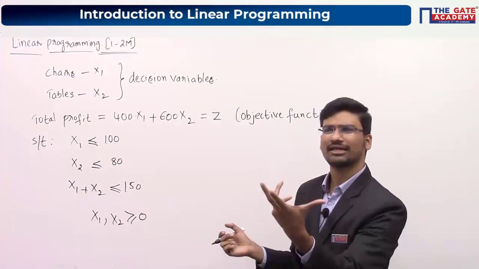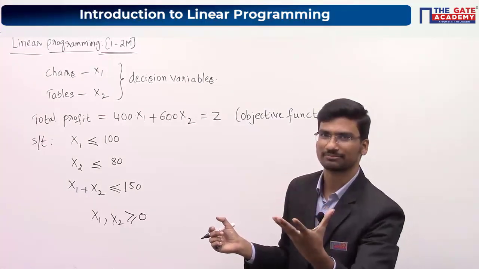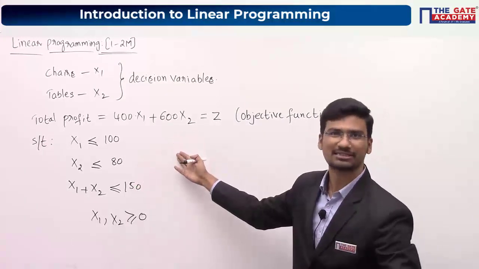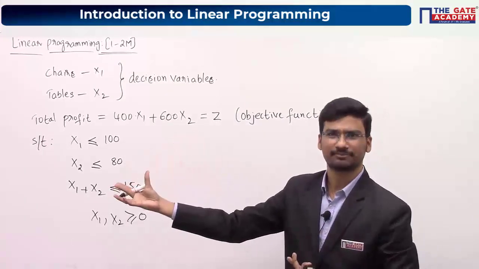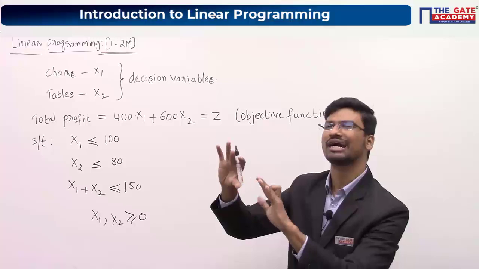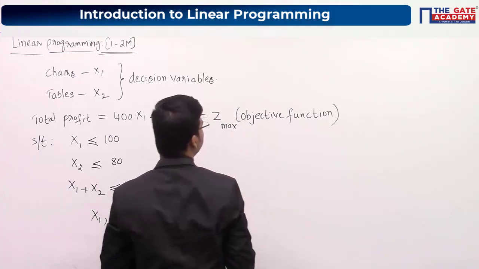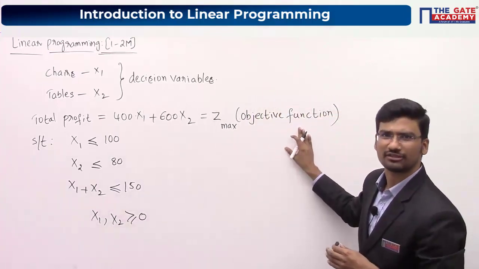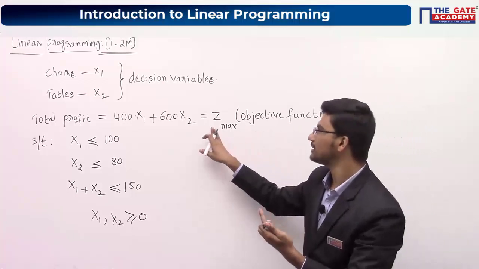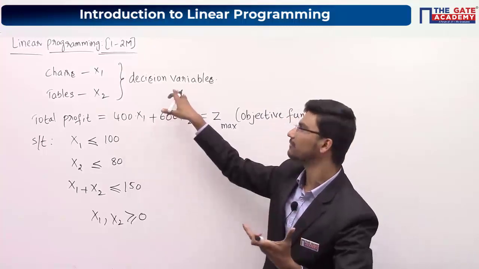Whenever they give questions, they will never mention the given problem as maximization or minimization. If profit values are given, then you have to maximize the problem. And if some production cost is given, then it becomes a minimization problem. You have to decide that just by looking at the data. So as profit values are given, it is a maximization problem. This we call the objective function, which may be a maximization function or a minimization function. This objective function has two variables, x1 and x2, which we have to decide finally.